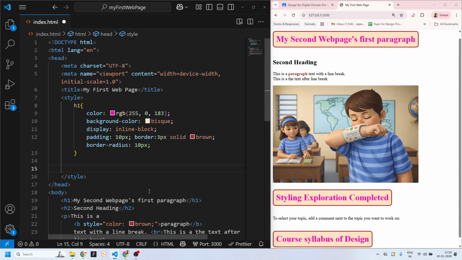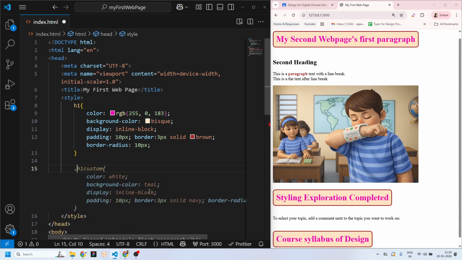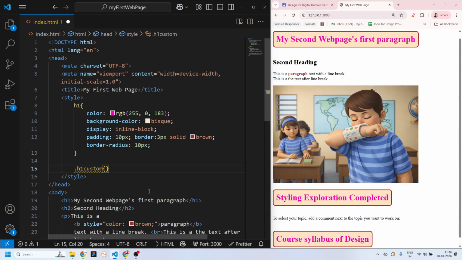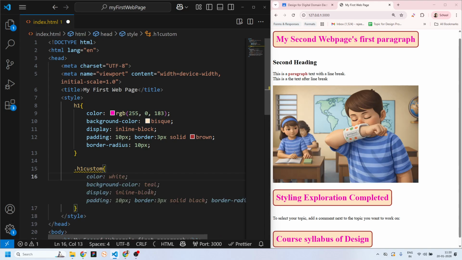So it's a class. How do you define a class in the CSS? By starting with a period. So you type in the period, right? And then I'm gonna type in the name. So H1 custom, curly braces start,